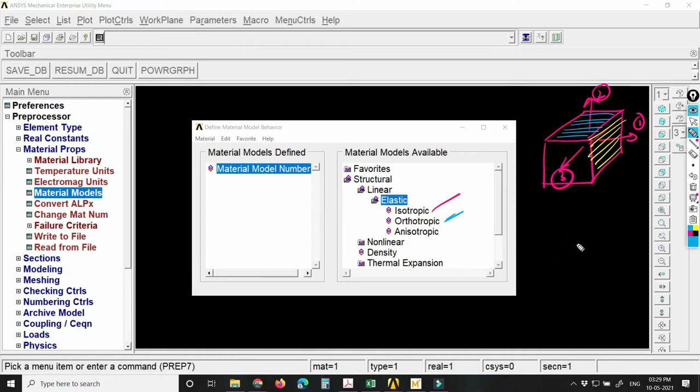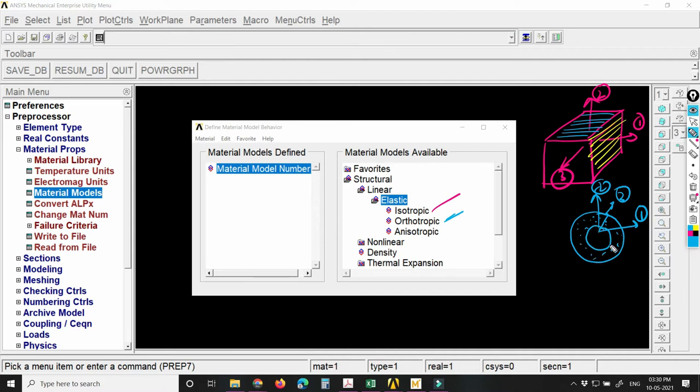Suppose you have a bamboo. If you see the cross section of it, you have small fibers, right? Suppose this is one axis, this is two axis, and the vertical one is three axis.